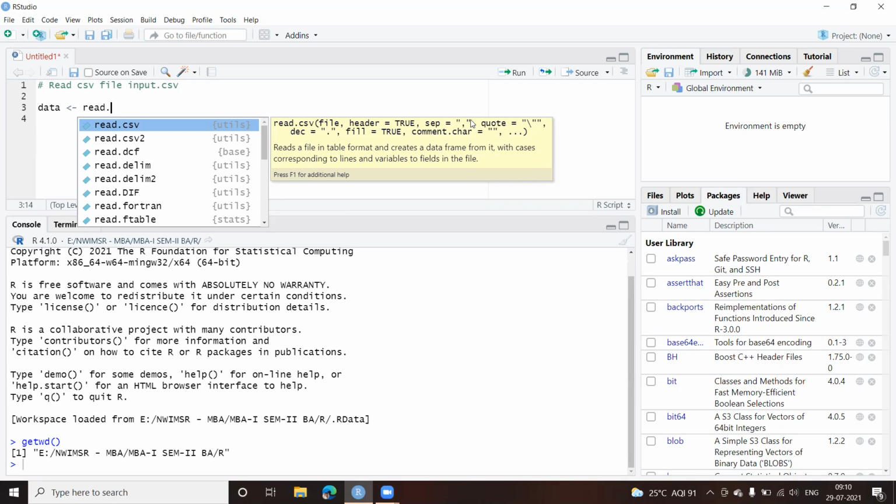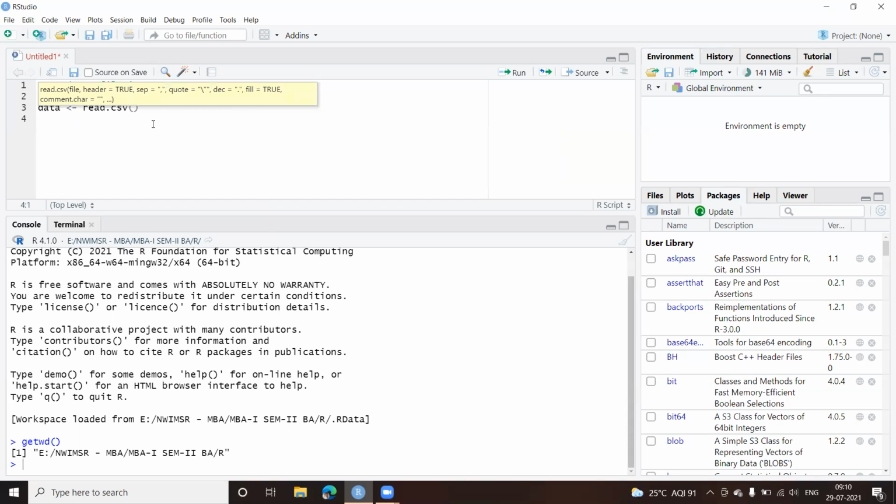Fine. Now let us try to read this file. It is a very simple command which I'll be using. So I'll just give the name of the file. The name of the file is input.csv. Okay, so read input.csv. Now this much is enough for me to read the file, because the file has a comma, so I need not specify the comma separator. Neither do I need to specify header equal to true, because I do have the first line as the headers.